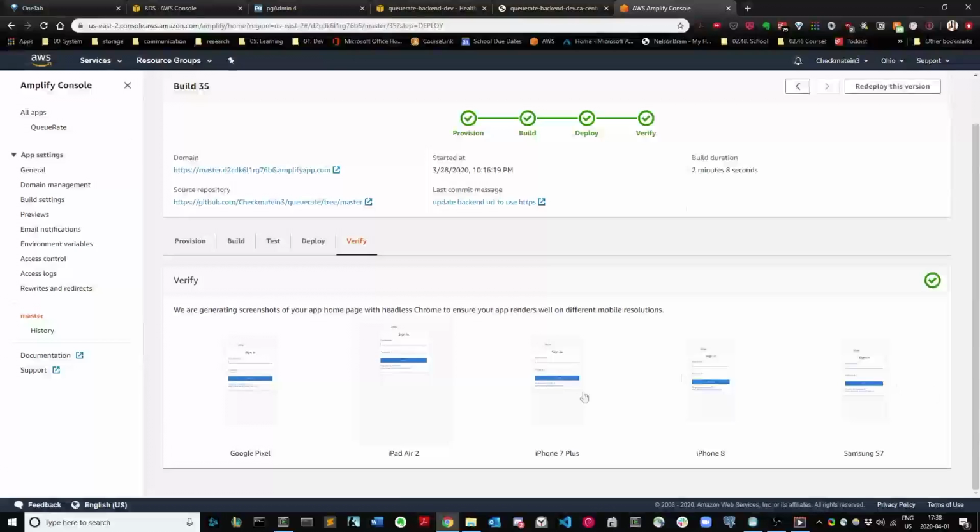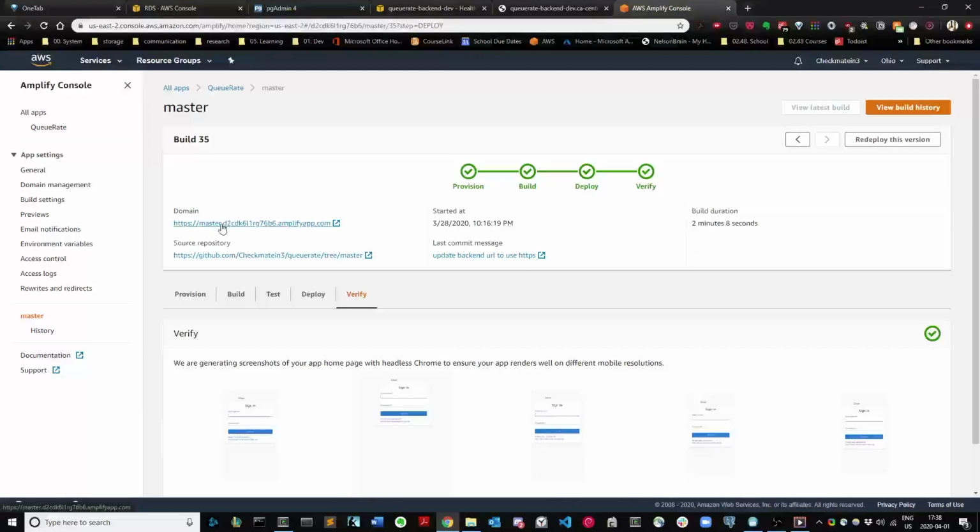And then we can see here, it actually gives us an example of how it would look for different browsers. So Google Pixel, iPhone 8, etc. If we go to this link,